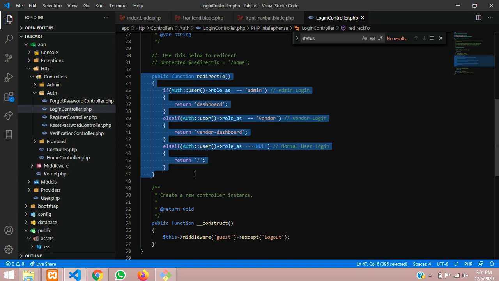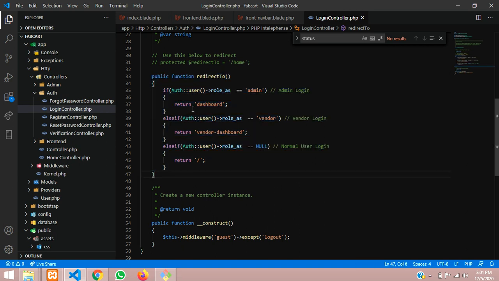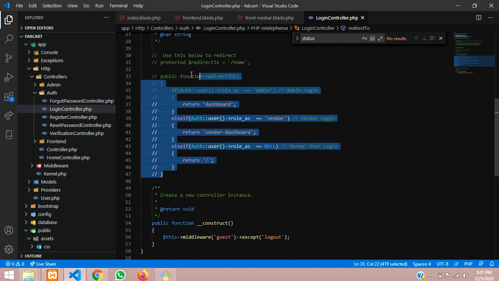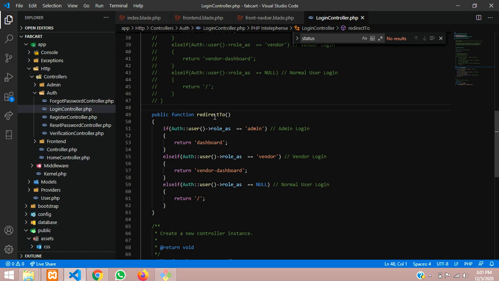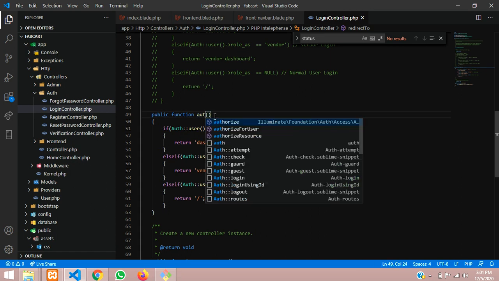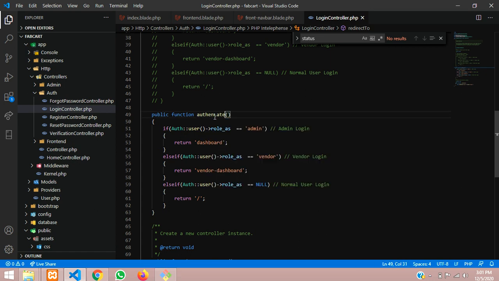So let's copy this and let's comment it, comment, and then use below and tell this authenticated, A-U-T-H-E-N-T-I-C-A-T-E-D, authenticated. So this is already used in the Laravel login inside that vendors file. So I'm using that same thing, authenticated. If it is authenticated, all these things will be changed. So let's Control X and tell the redirect function.